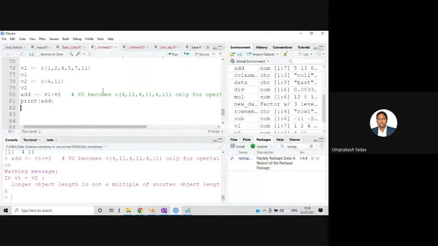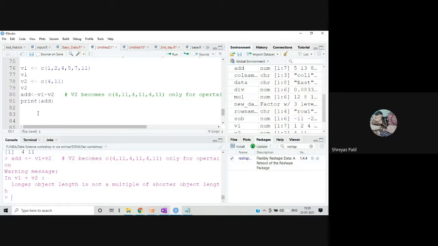Sir, in this, we are storing the value of addition in add, right? What if we do only v1 plus v2? Where will the value get stored? It will not be stored anywhere. It will just be for displaying purposes. So if you want to check the addition value and don't want to store it anywhere, you can just write the expression. For example, here I created v1 and I'm displaying that value, not storing it anywhere. So just to see the value, you can simply write that variable name. Clear?